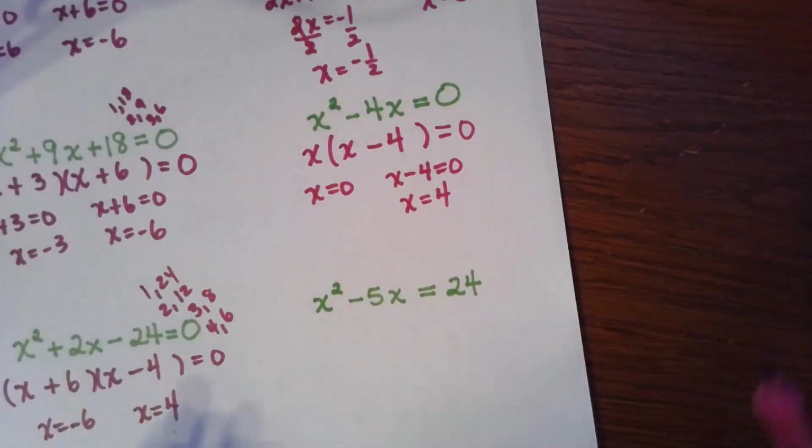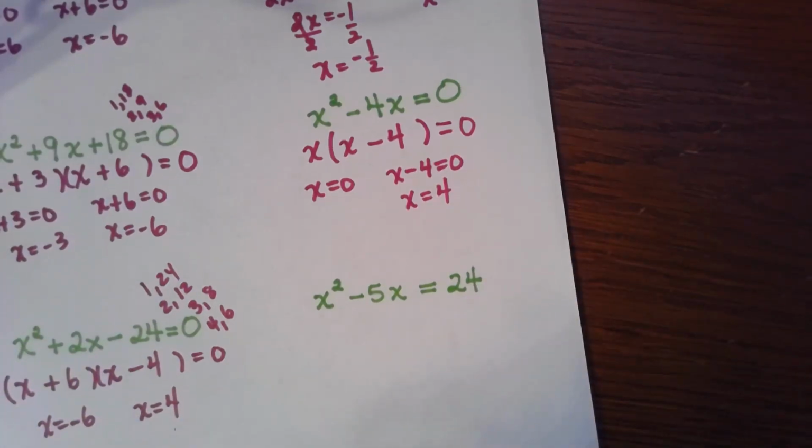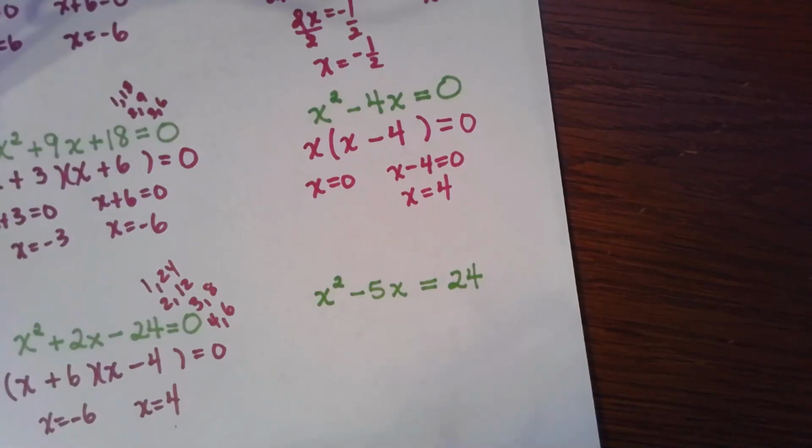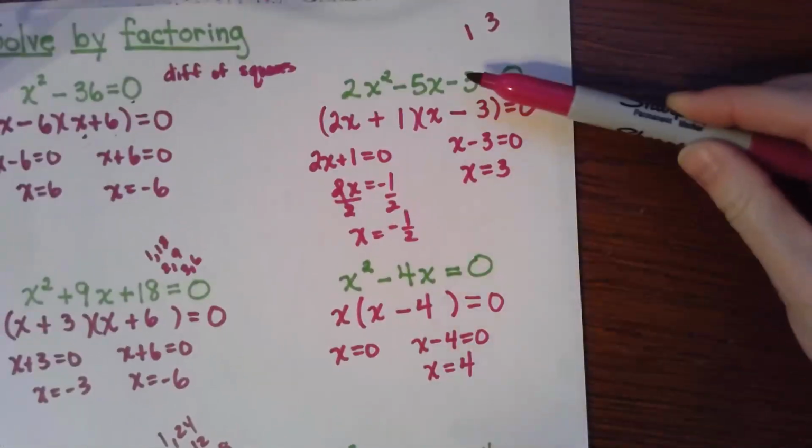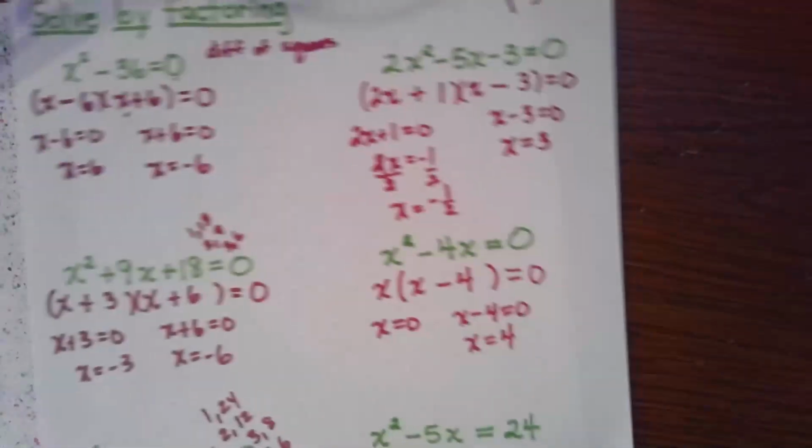we did up here. There's no 24 product property. There's only a 0 product property. And so that's not really going to be helpful to us because we can only use the 0 product property when the product is 0, not when the product is 24. So if we have a constant over here, we need to turn it into a problem like this or like this, where all of the